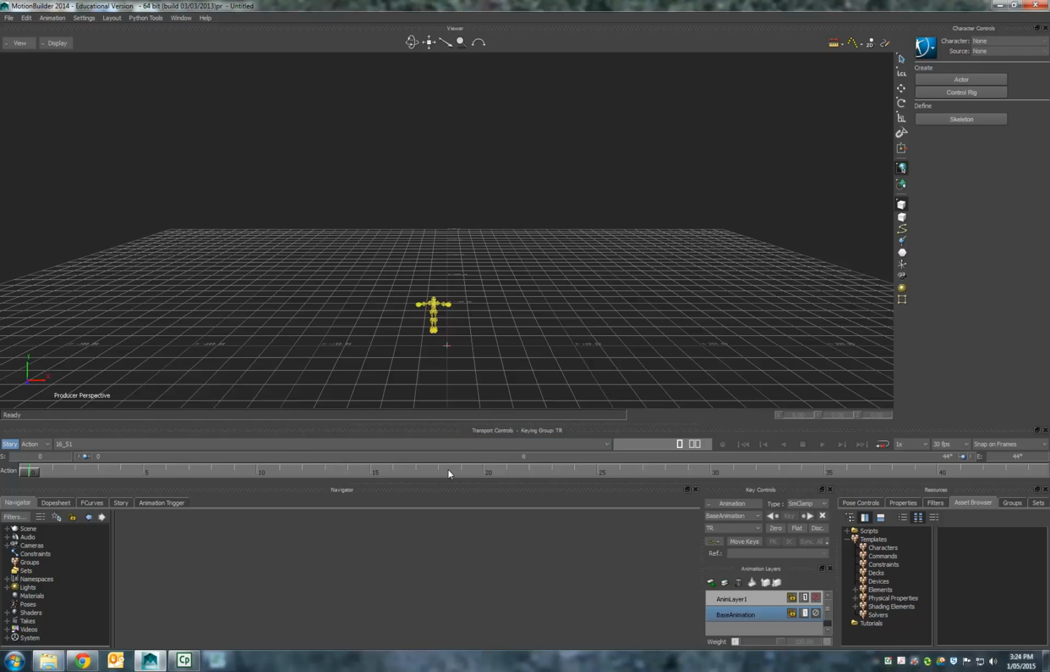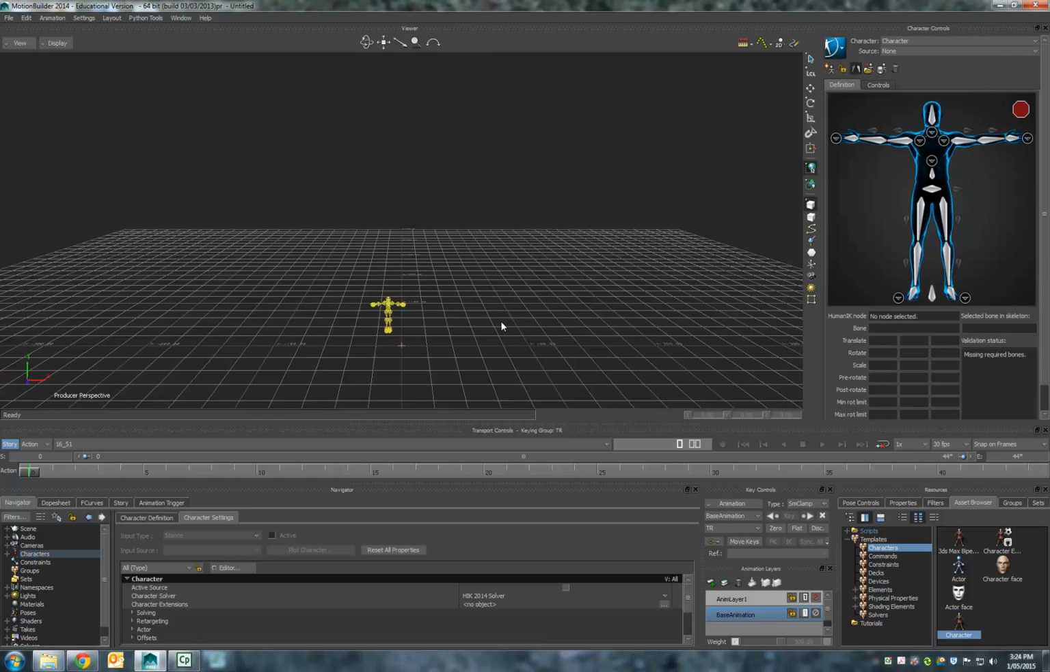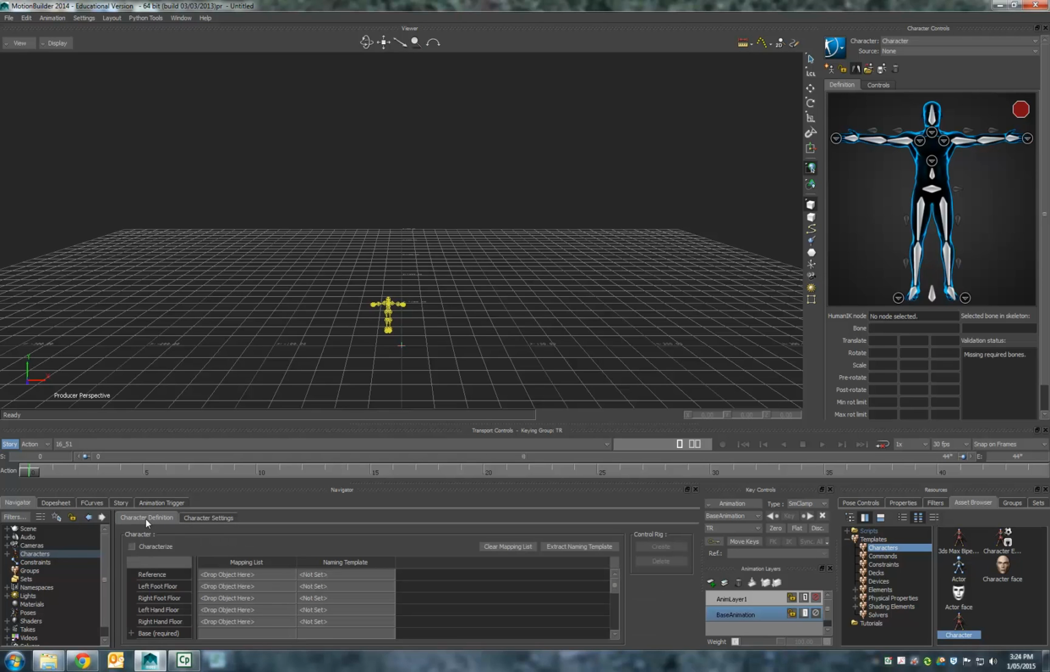Now, next thing, what we need to do is attach a character to it. So I'm going to go down into characters here on our asset browser, and I'm going to drag a character up, which now appears in here. So we're going to define this character now. I'm going to click on character definition, and if I go into our scene up here, we can open that up by clicking the plus and BVH reference. We're going to right click on that and expand branch. What that does is it actually brings up all the